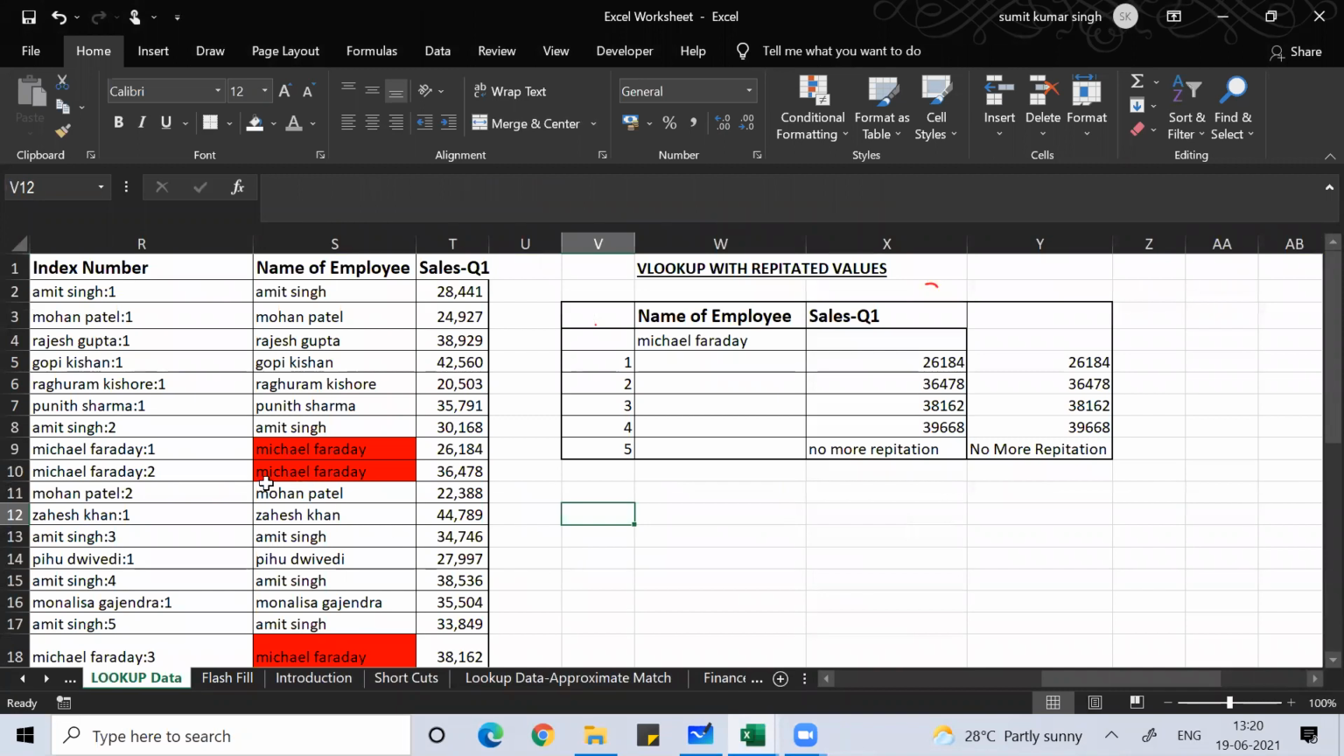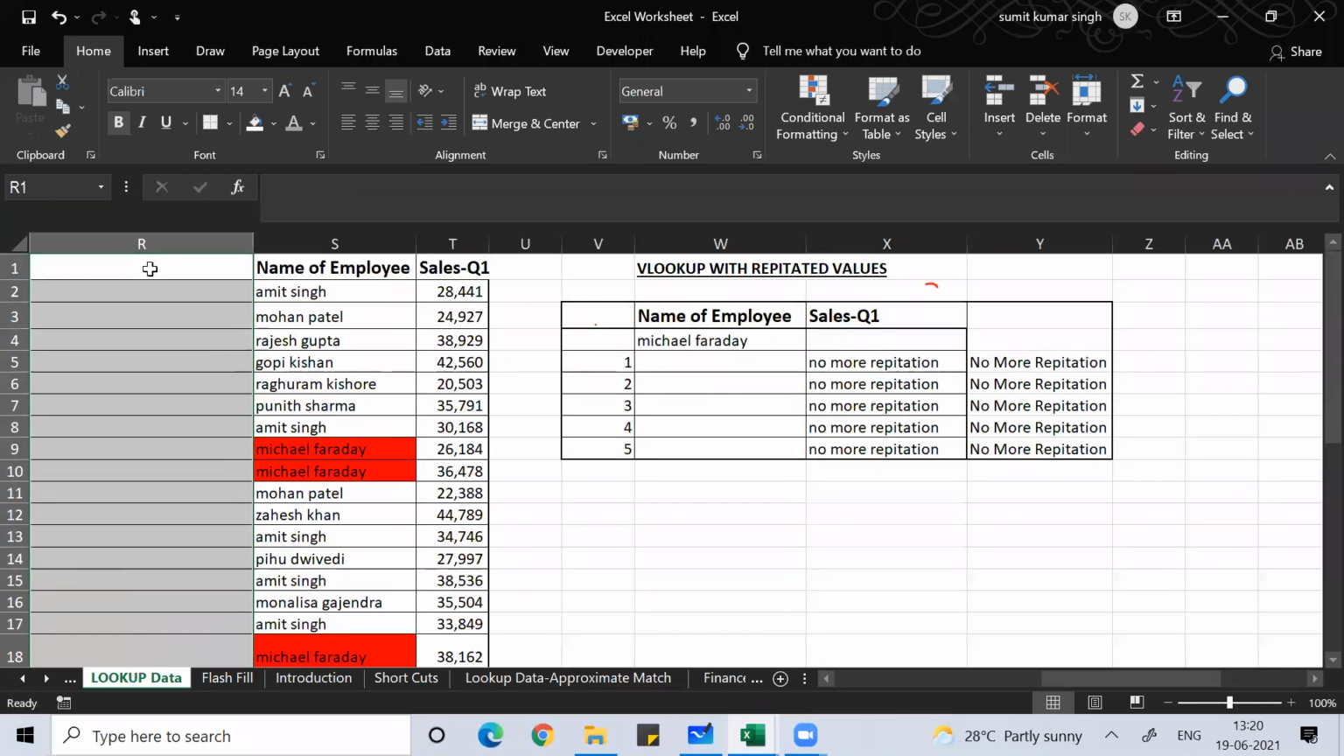So we look up with multiple conditions. We'll do this. You can see this, we look up with multiple conditions. So here, if you have a repeated value, how will you do that, guys? If you see here, guys,